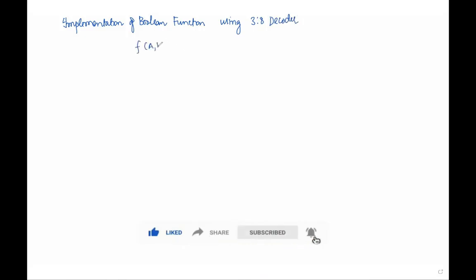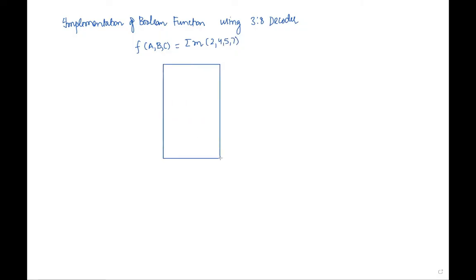Now, the Boolean function you are supposed to implement is sigma m 2, 4, 5, and 7. So 3:8 decoder. The first thing you are supposed to do is draw the 3:8 decoder.